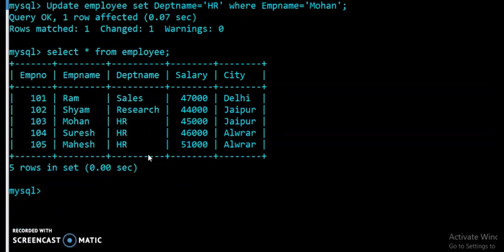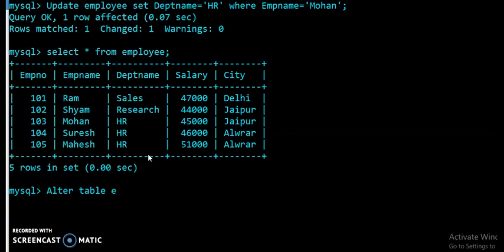And you have to remember one thing: the update command comes in the category of DML, because we are making changes in the records, in the data of the table, in the data of the database. If you want to make changes in the structure of the table, then we have to use the alter table command. The alter table command comes in the category of DDL, data definition language. Students, here I will tell you about the use of alter table. You already know everything, we are only revising here.